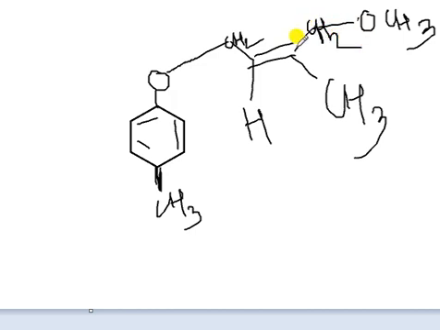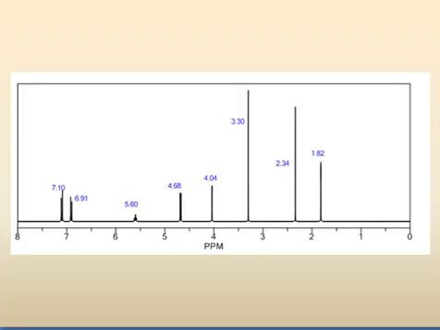Now this attached carbon is this one. Is this carbon having any hydrogen? No hydrogen, so this is now a singlet. And this is much more. This is a double bond out of CH2 and also a methoxy group. So now let's see the structure. It is matching. Yeah, see, this is looking good.